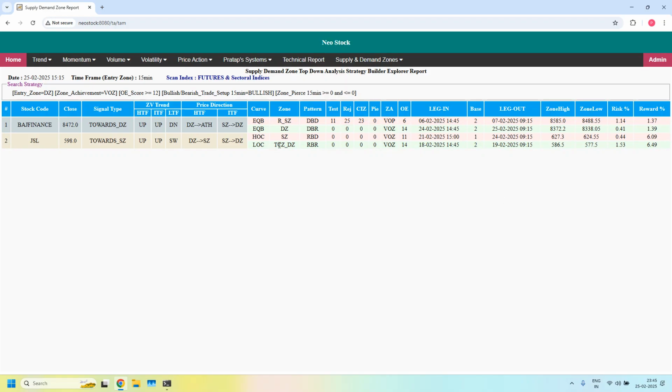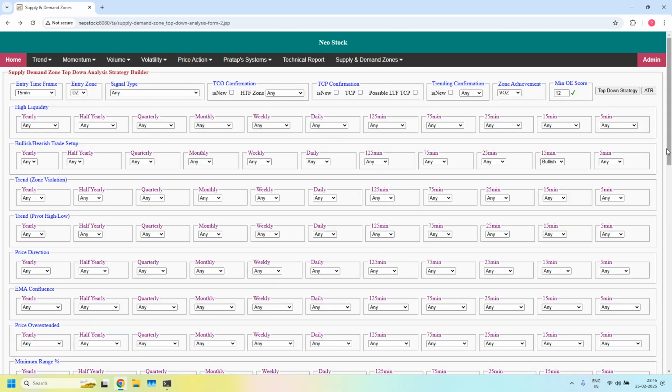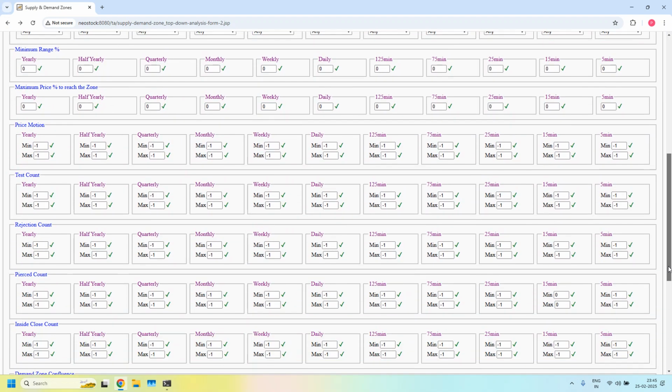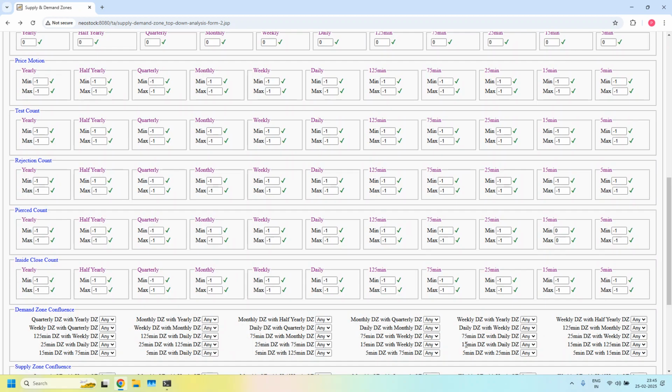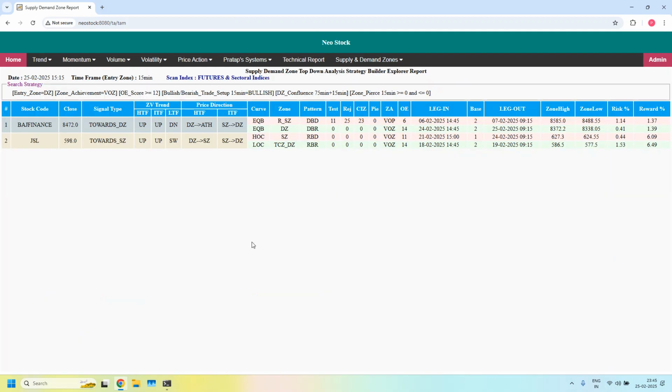are 15 minutes demand zones. Out of these two, how many are having ITF zone confluence? Let us verify. That is 15 minutes demand zone with 75 minutes demand zone confluence. I am enabling the filter. So both are filtered. That means both these 15 minutes demand zones overlapped with 75 minutes demand zone, and 75